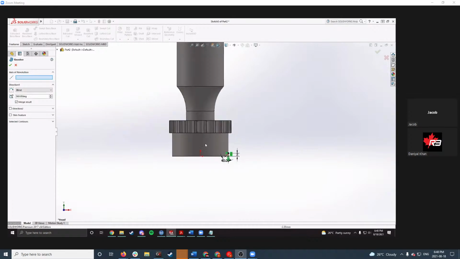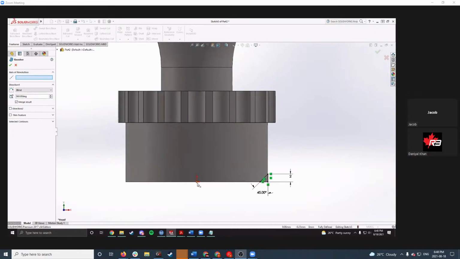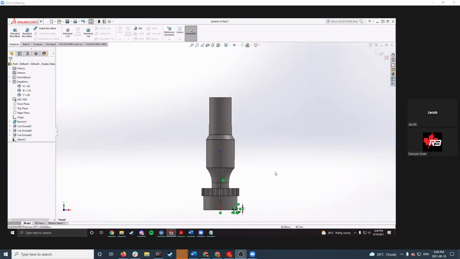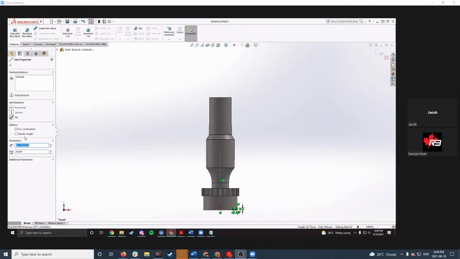We actually don't have an axis of revolution here because we don't have a line here. So I'm going to click cancel. I'm going to draw a construction line to give us a center line to revolve around. I just drew a line there and then I'm going to select it again. And I'm just going to select infinite length. So I don't have to bother with